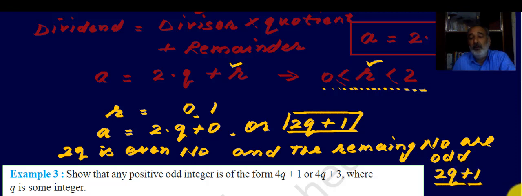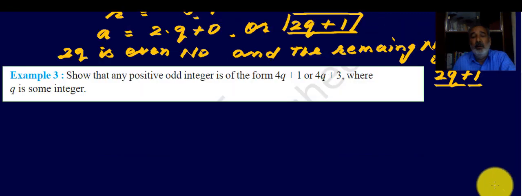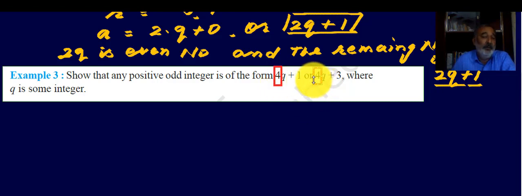Let's take some more examples. In this question, 2 has been omitted and a new number is placed. यहाँ हमारे पास आप देख रहे हैं 2q था, यहाँ भी 2q था, अब की बार हमारा जो b की वैल्यू है वो 4 है। इसमें कौन कौन सी फॉर्म्स बन पाएंगी? यदि हम किसी संख्या को 4 से डिवाइड करते हैं तो 4 से डिवाइड करने में हमारे पास रिमाइंडर 0 आ सकता है, 1 आ सकता है, 2, 3, 4 नहीं आएगा।